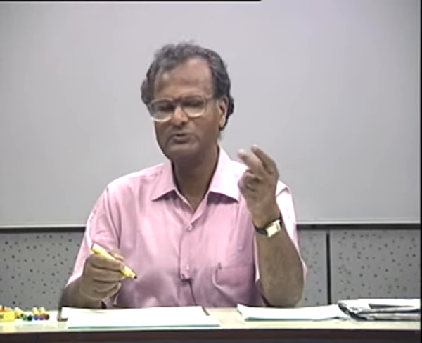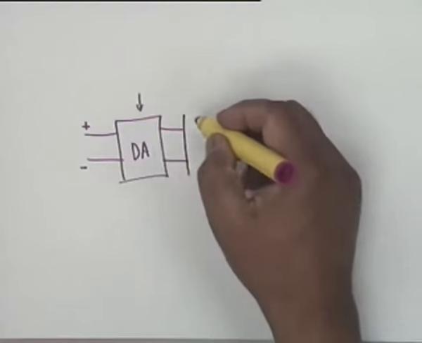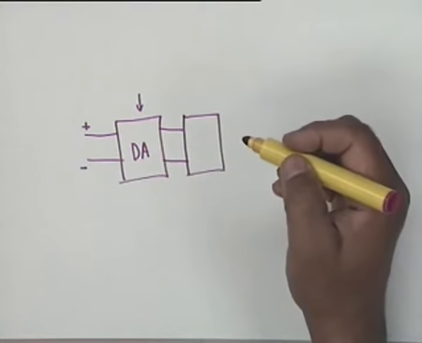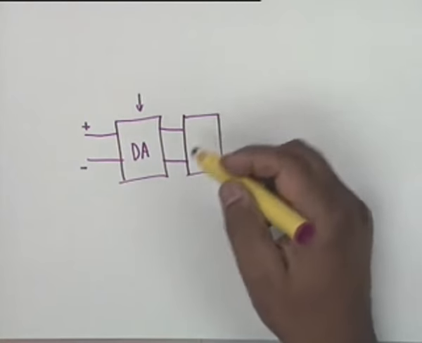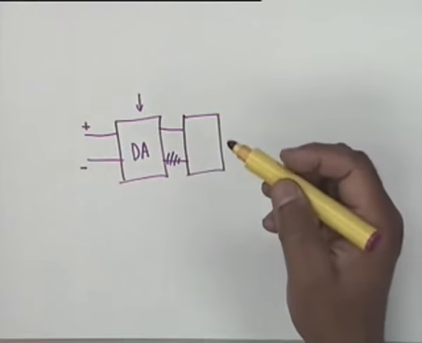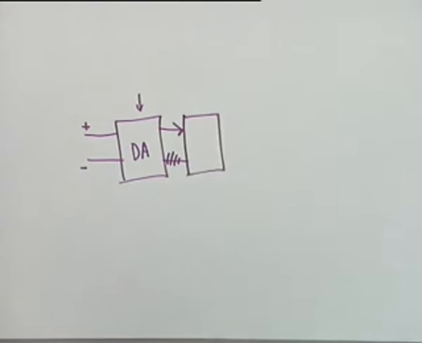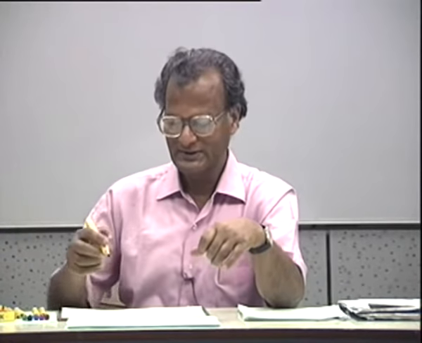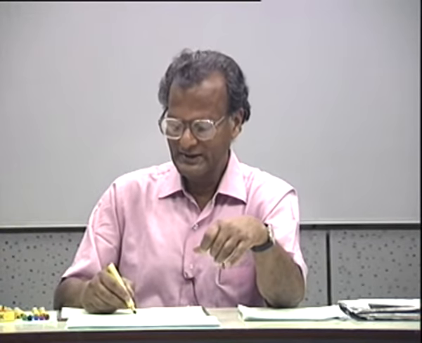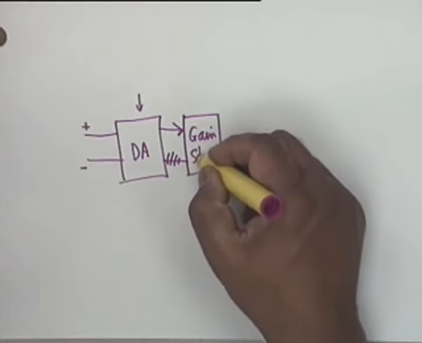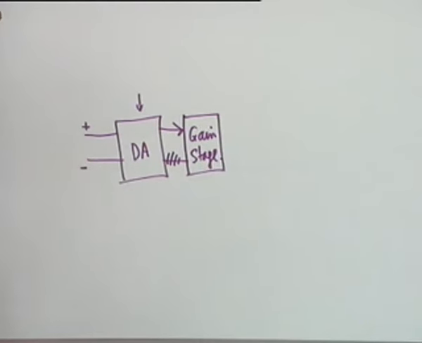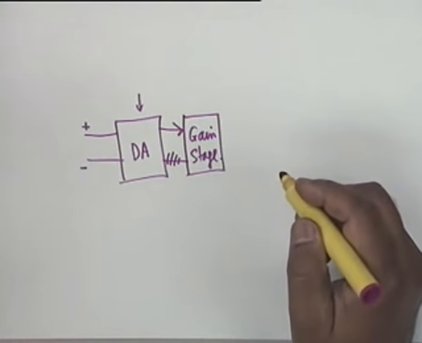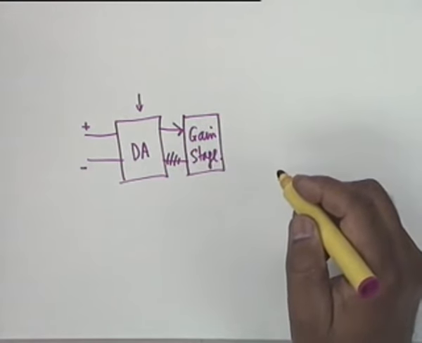the 741 for example has two. There are some others which also have two. The output is then, usually you take a single-ended output from a differential amplifier. You don't take both, you don't take the difference unless you want to apply it to another differential amplifier. So a single-ended output, and then another gain stage is attached, and this gain stage usually is a compound connection.